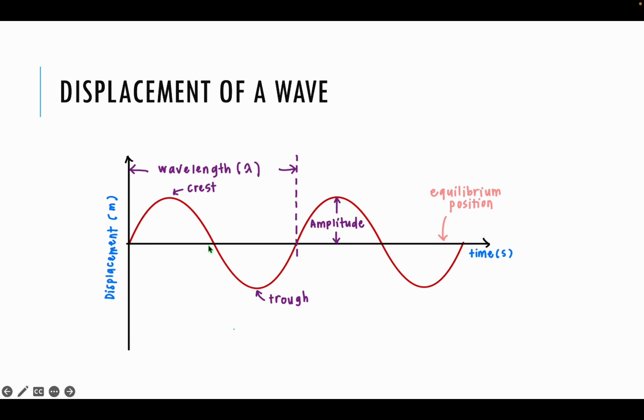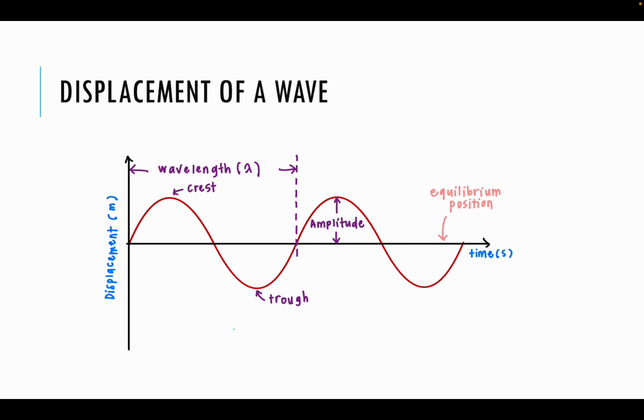So here the red line illustrates the movement of a wave in sinusoidal form. So here is the starting point of the wave. Okay, let's say a wave is moving and it reaches the crest, and here we can say that the displacement is positive, which is 5,